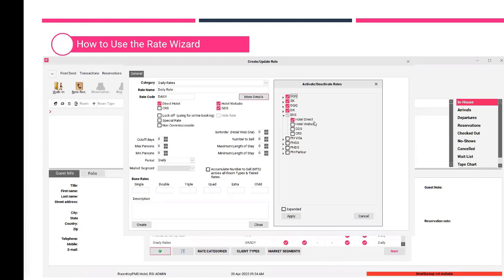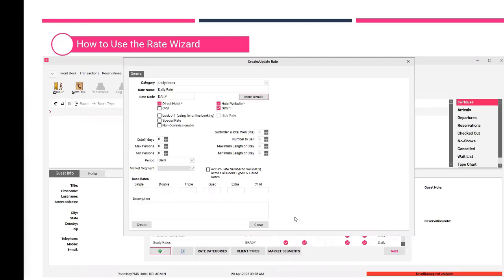Anytime you're making changes to these room type distributions, you want to select Apply in the bottom left-hand corner to save those changes. Now, when you do have restrictions or customizations to those distribution channels, you'll notice here that I now have an asterisk listed beside the distribution channel. And that is a visual cue to let me know that not all rooms are available through that distribution channel